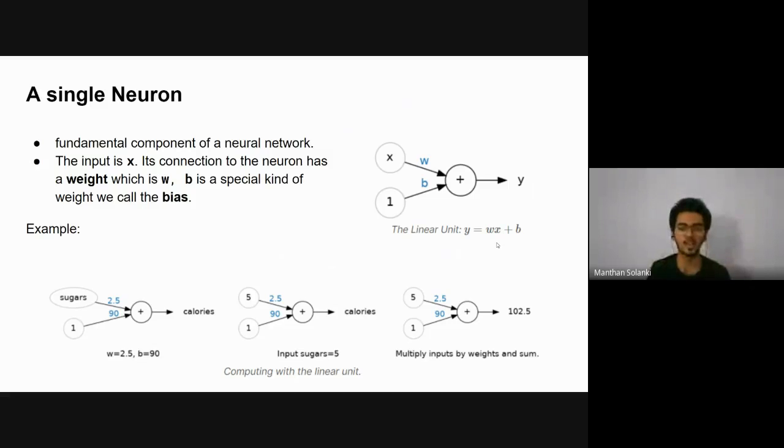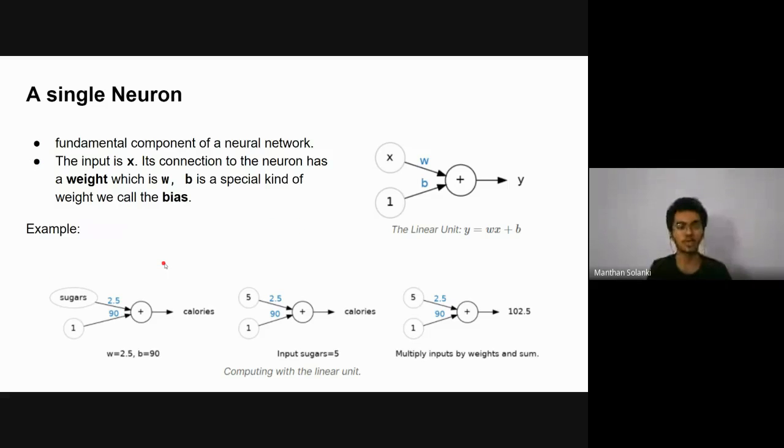Just remember 10th class, when we had the equation of a line, right? m was the slope and c was the constant. It's just the same: wx + b, where w is the weight and b is the bias factor. Bias is also one kind of weight. Here is an example.